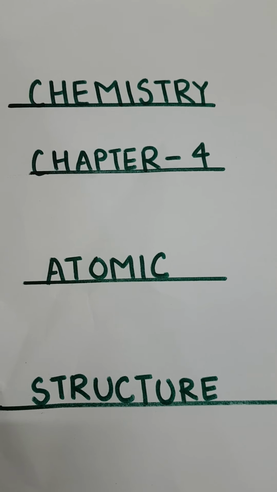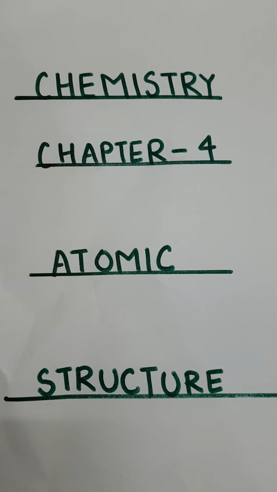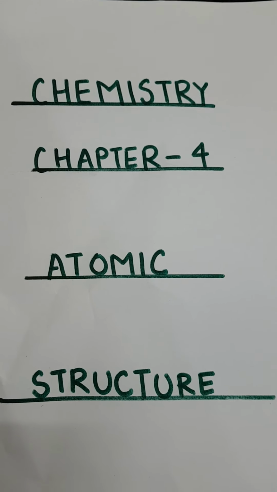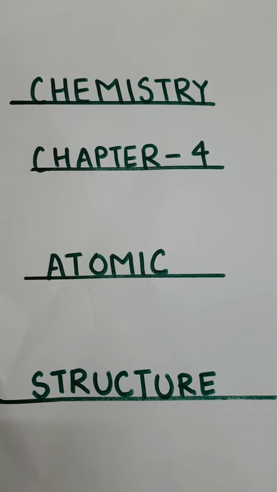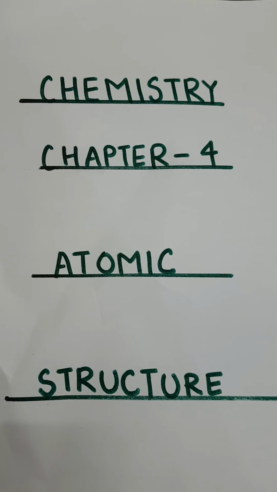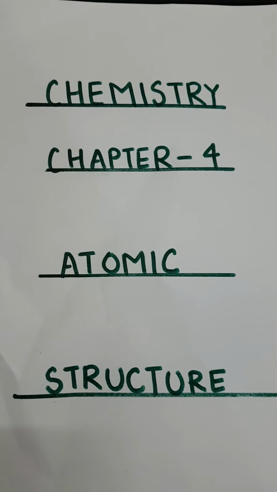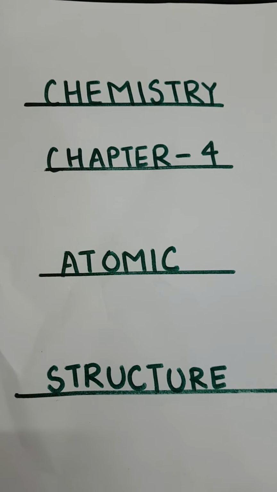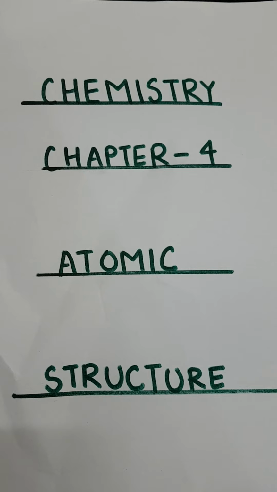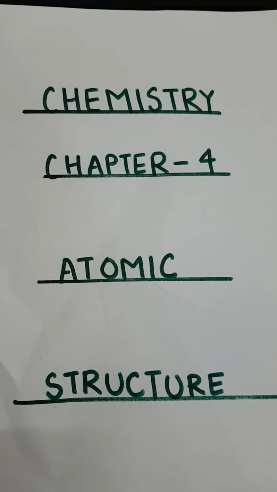We have already started chapter 4 in chemistry, atomic structure, and already discussed the topics discovery of electron, proton, neutron, atomic nucleus and orbit. In short, we can say that as per the modern atomic theory, an atom is further divided into three subatomic particles called electron, proton and neutron.